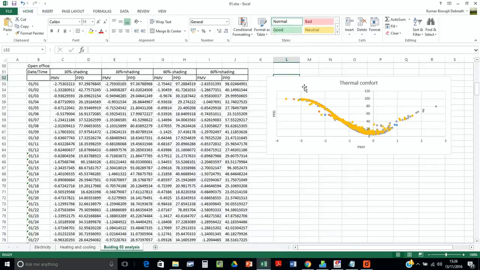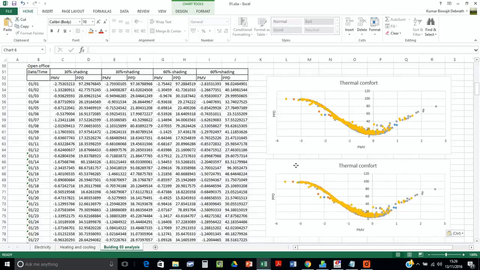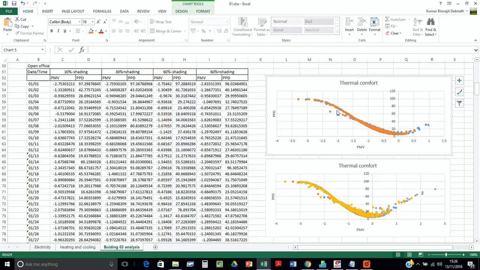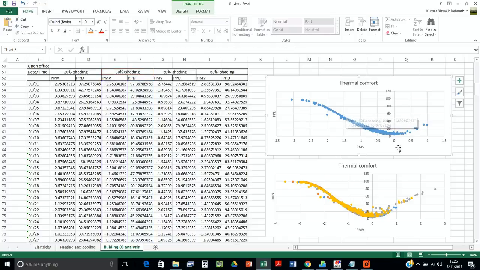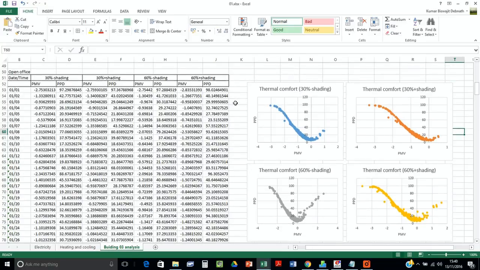So we can just copy and paste this thermal comfort data, get rid of the 60% shading one, and this one. So now we have developed the thermal comfort analysis for the 4 options we have,